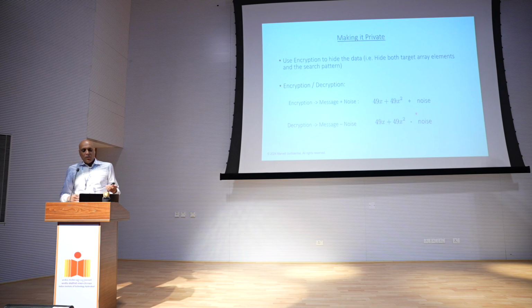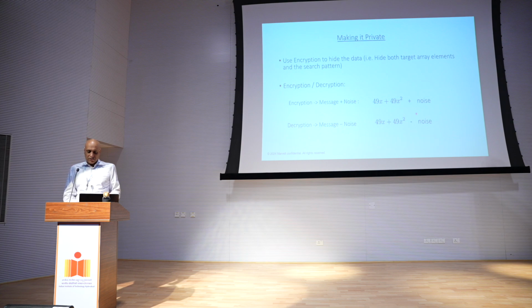So how are we going to encrypt the message? Let's take a clear text polynomial, and what we're going to do is add noise to this polynomial. And so what happens is your message is now living in the noise, and so it's being masked by the noise. And in order to decrypt, we take that ciphertext, which contains the noise term, and we subtract the noise to get back the original message.